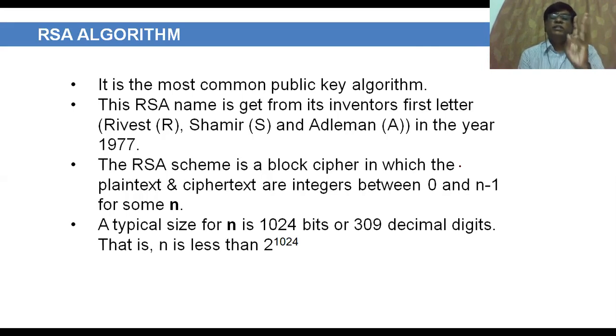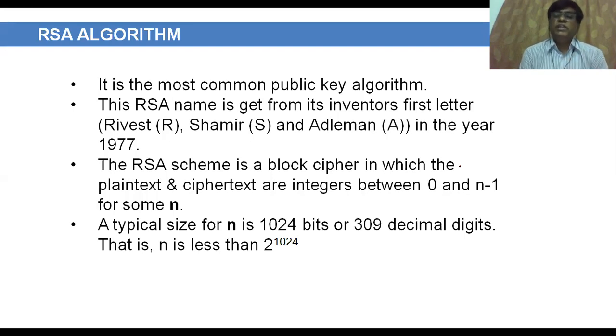This RSA algorithm was invented in 1977 by three software engineers: Rivest, Shamir, and Adleman. Since this algorithm was invented by these 3 persons, the first letters of their names form RSA. That's why it is called the RSA algorithm. Generally, the RSA scheme is a block cipher in which the plain text and ciphertext are